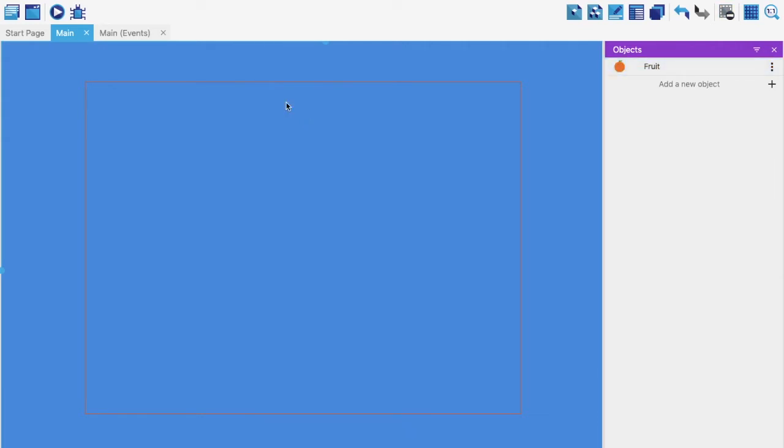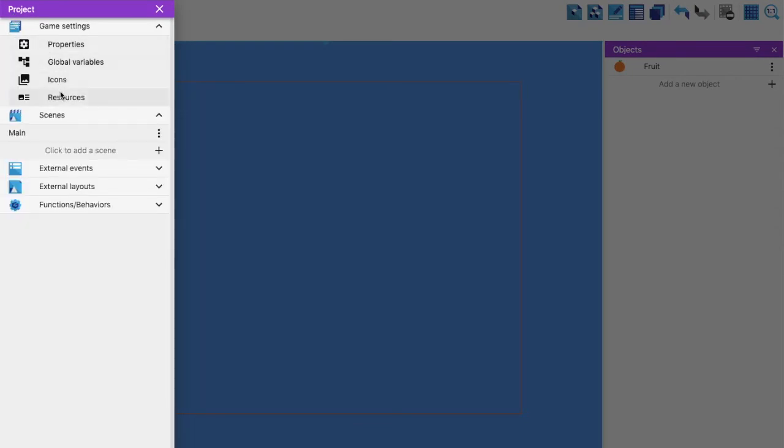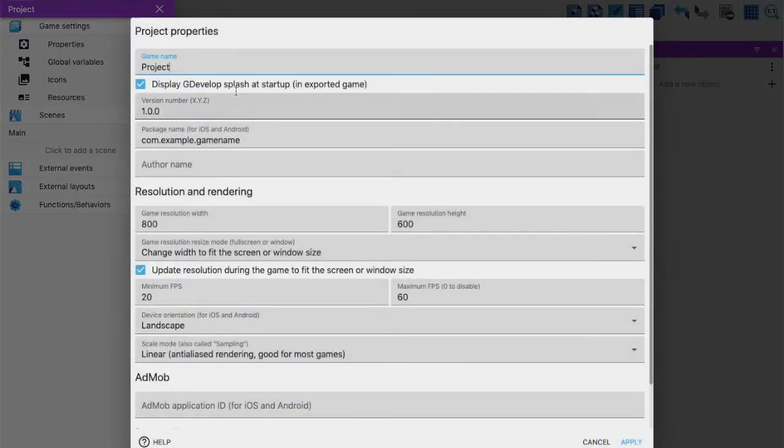So I'm going to delete this for now. First understand one thing. When you go to project manager in game settings, you will see in the property panel over here that it will show you the overall width and the height of this window of your game. Okay, so if you see the width is 800 and the height is 600. You can always increase or decrease it, but I'm going to keep it same right now. Now what does it show?